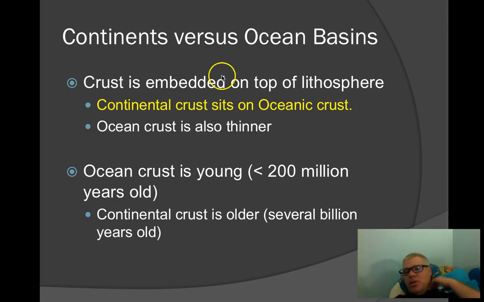And so continents sit on top of the oceanic crust because it's a little bit less dense. One of the things about this too is that oceanic crust, everywhere you go in the whole world, is relatively young geologically. There's nowhere you can find seafloor that's more than 200 million years old. It's all less than that. Continental crust, however, can be up to several billion years old. A lot of that has to do with the fact that the oceanic crust is being recycled, put into the Earth, remelted, and then reformed as it comes out. I'll talk a little bit about that. But the continents sit on top of those oceanic crusts as they move around, and we'll talk about that here.